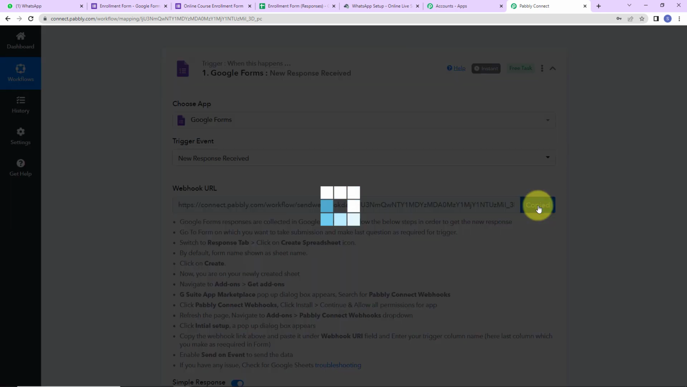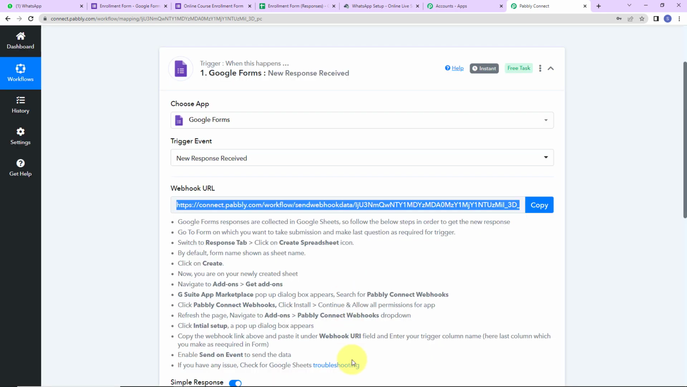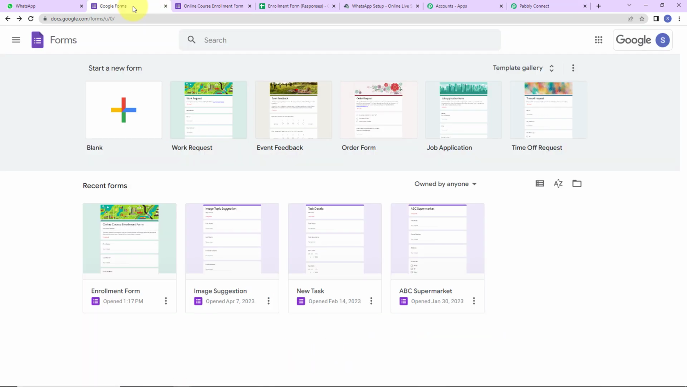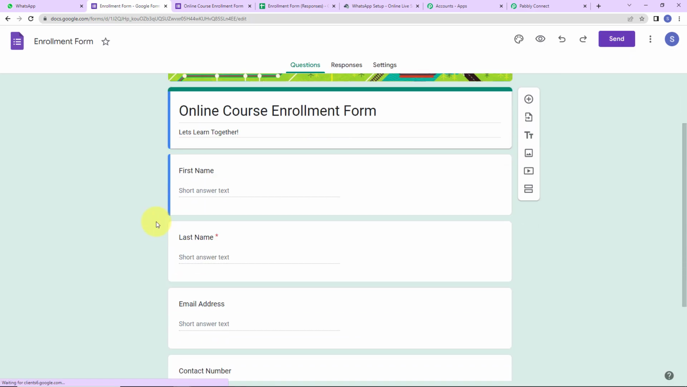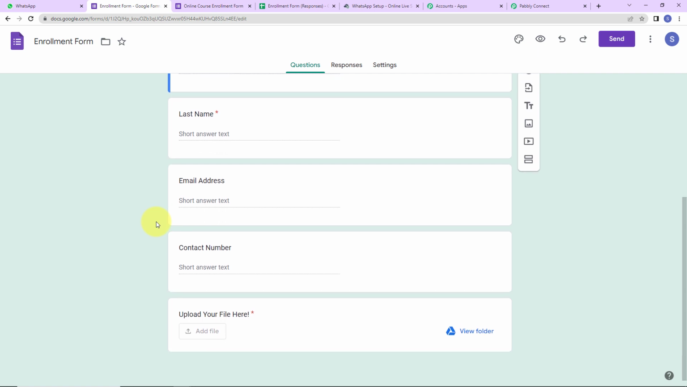So I'm going to copy this, and now we have to follow the following help desk. So please read this carefully. Let me show you exactly what you have to do. So this is my Google Forms account, and you can create your own form by clicking on this blank icon. I already have created a form. The name is enrollment form, and these are the following fields: first name, last name, email address, contact number, and